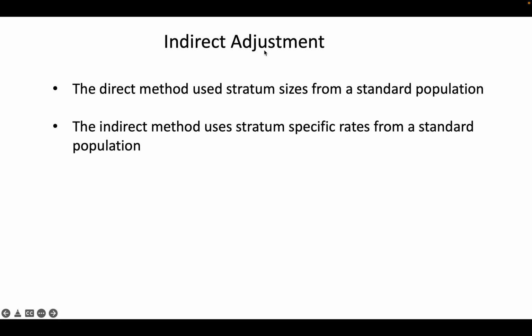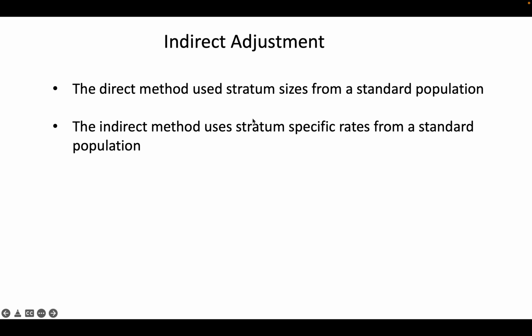So now I'm going to talk about indirect adjustment. For what I was talking about with direct, basically you're taking two study populations and comparing to a third standard. With indirect, with the two study populations, they're contributing the rates, and the standard is contributing the demographic structure. Indirect is reversed, so it's basically your stratum-specific rates are coming from a standard, and your demographic structure is coming